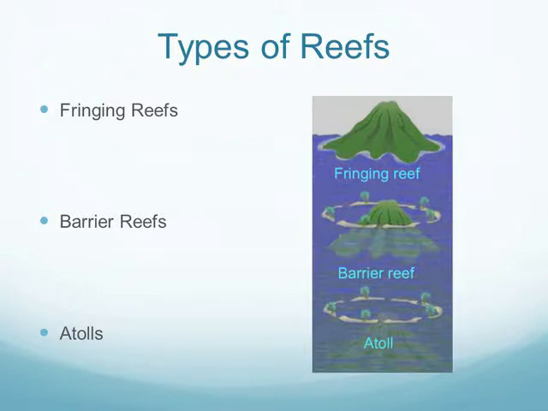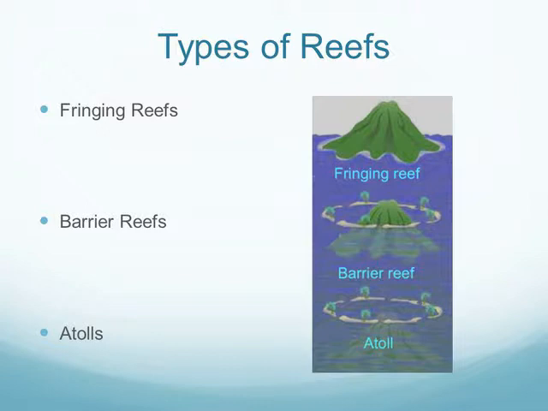Alright, so there are 3 main types of reefs, and all of the reefs that you see around the world start off with fringing reefs. Fringing reefs are the reefs that you find around islands or coastlines. So here in Hawaii, all of our reefs are known as fringing reefs because they're attached to the coastline of the island. Once that island starts to sink and